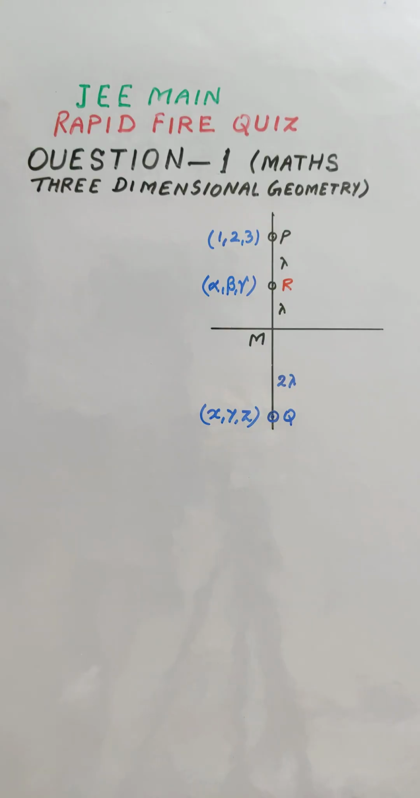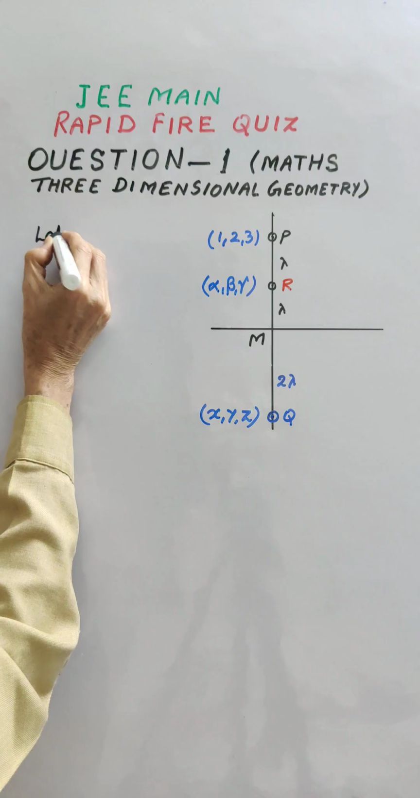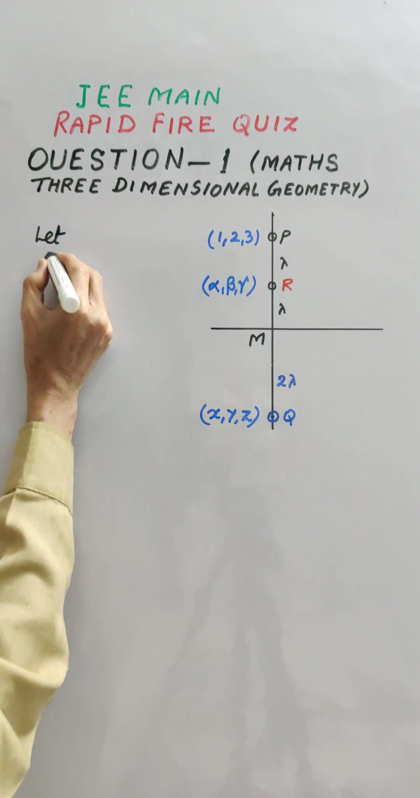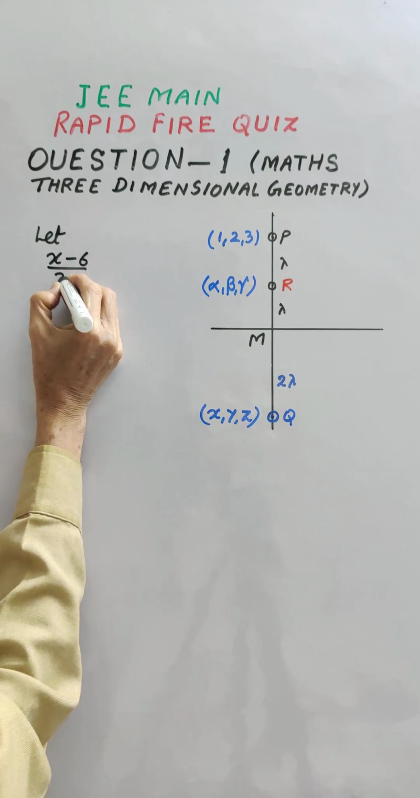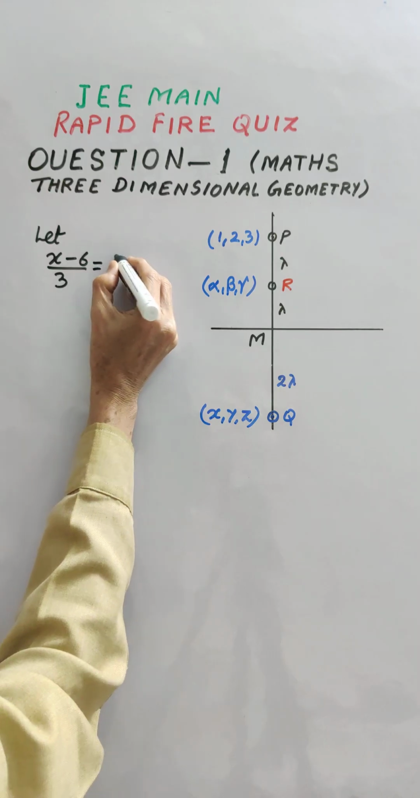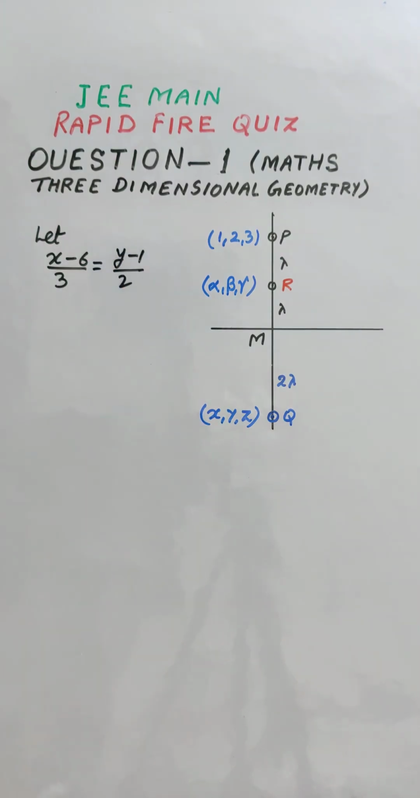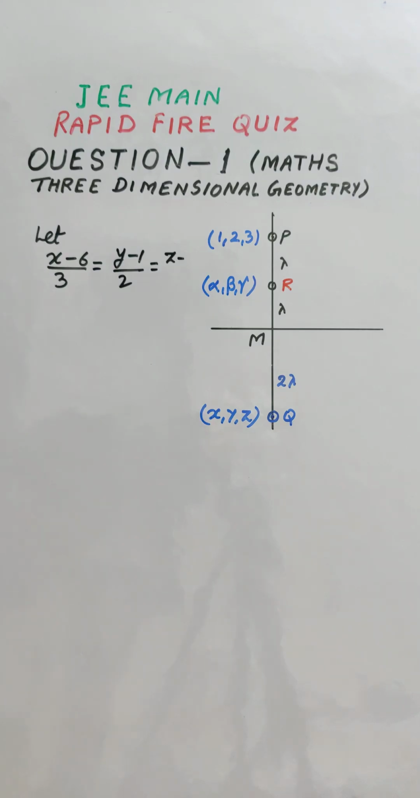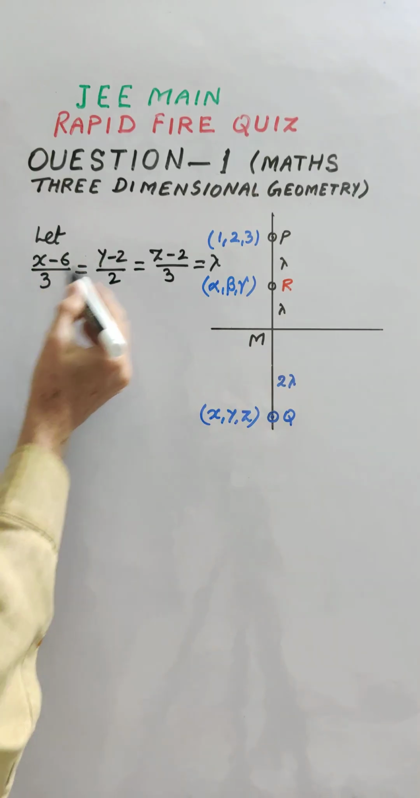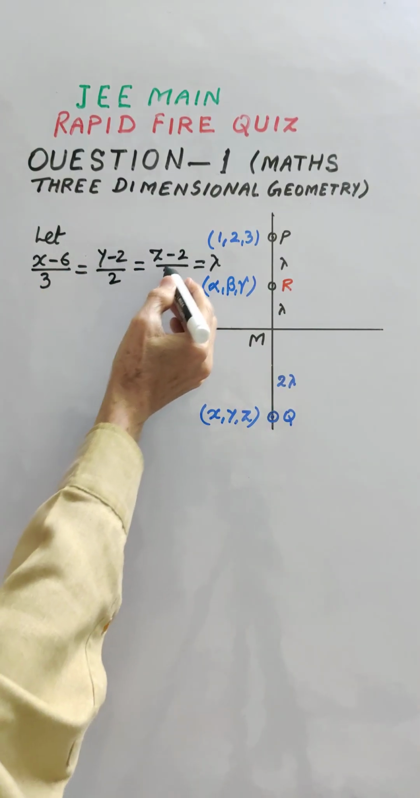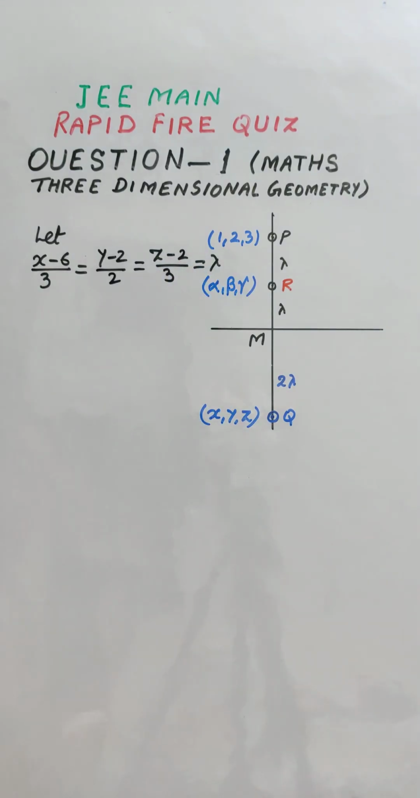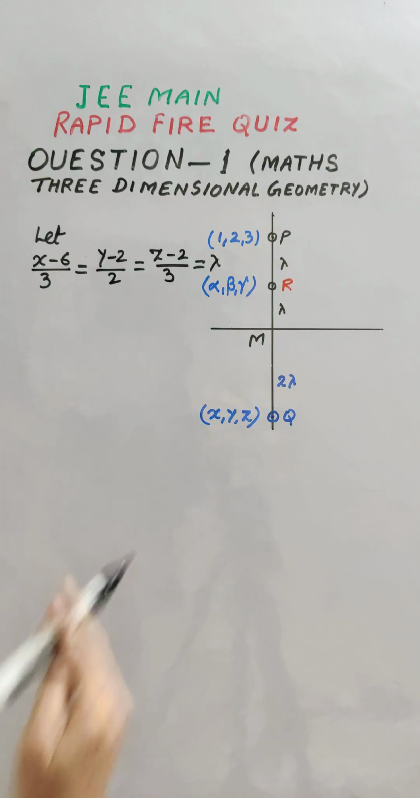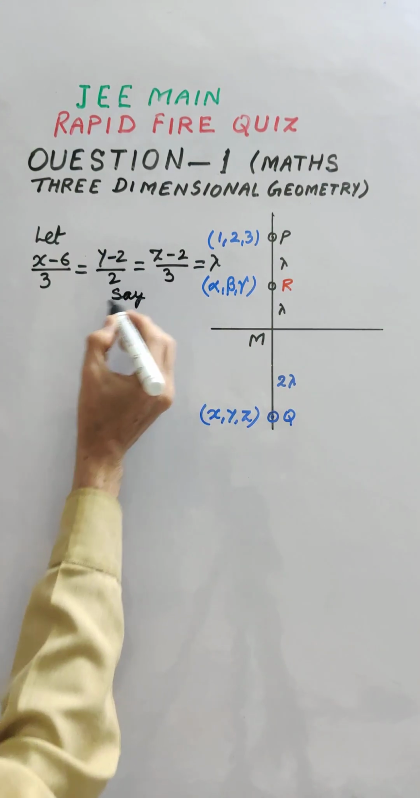Let (x minus 6)/3, which is given here, is equal to (y minus 1)/2 is equal to (z minus 2)/3 is equal to lambda. So all the coordinates are, say,